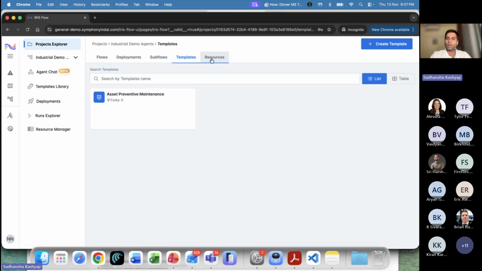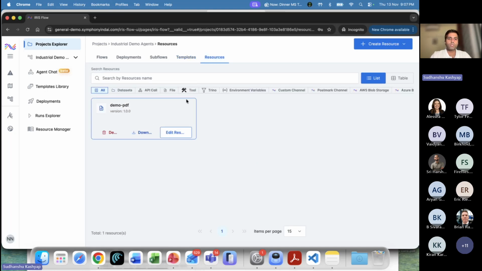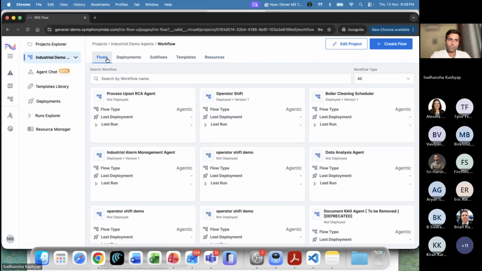A resources section allows us to add a lot of information, data, whatever we want. So these agents and flows will have a knowledge base and data and information, so we can supply all this kind of information there. Now, coming to the last part,